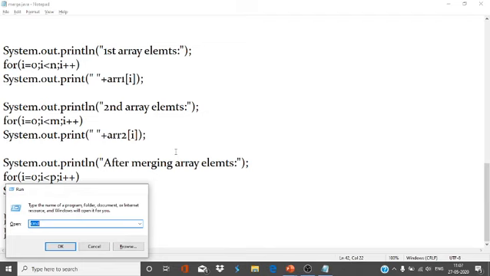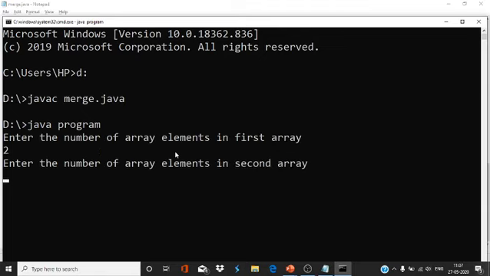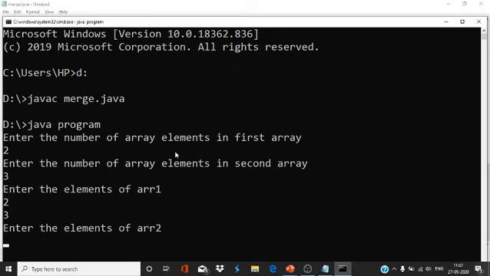Come to the CMD, go to D drive, javac merge.java compiled, then java and the class name program. Enter the elements of the first array: 3. Enter the elements 2 and 3. Enter the second array's 3 elements.